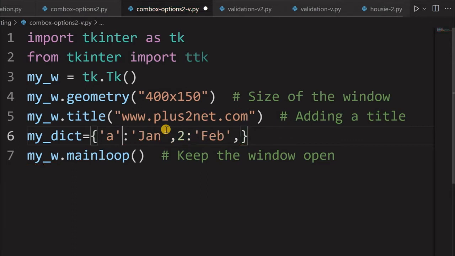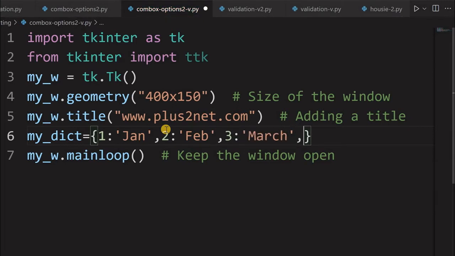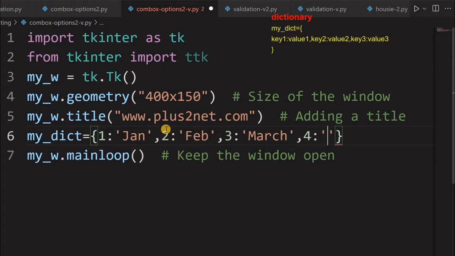So I am removing that, and because the question was how to take the numeric part out, I am using 1, 2, 3 as the key. So third is for March, and 4 is our April month.